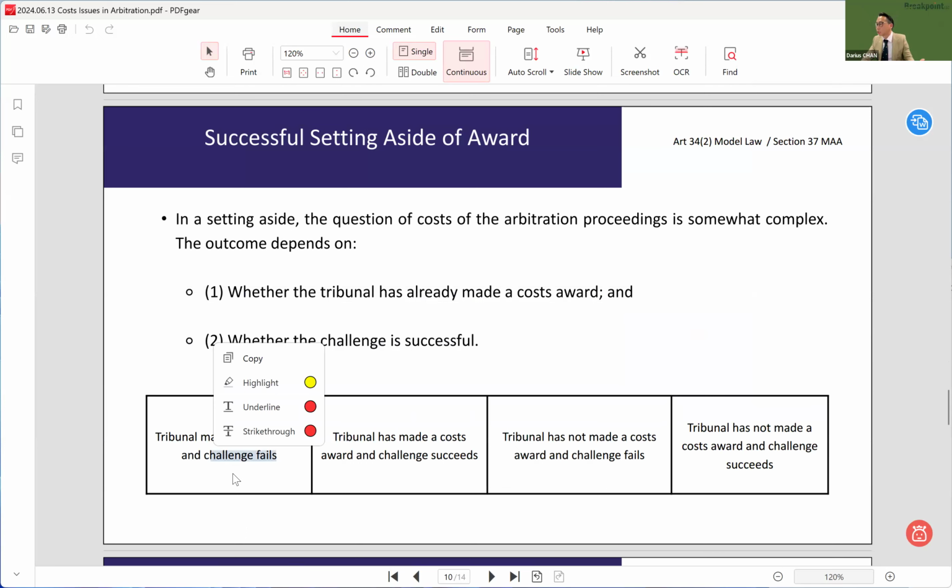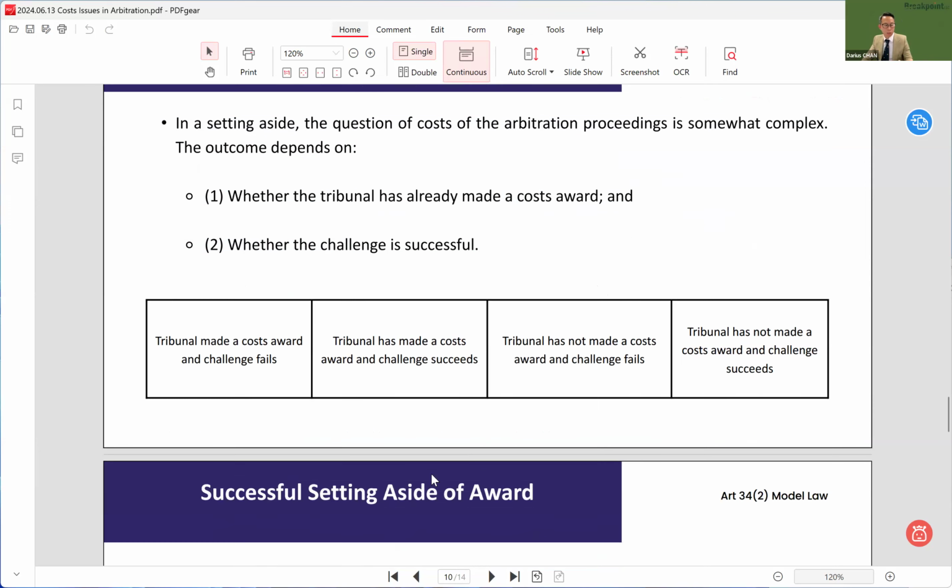If the setting aside challenge fails, then fine, right? The cost award can stand. That's not going to be complex at all. But what is more complex is a situation where the tribunal has made a cost award and the setting aside on the merits award succeeds. Yeah. So you have a situation where you've managed to set aside the merits award and the tribunal had also